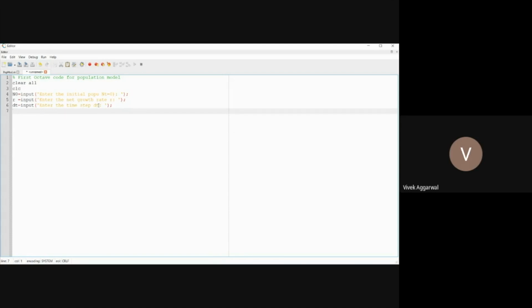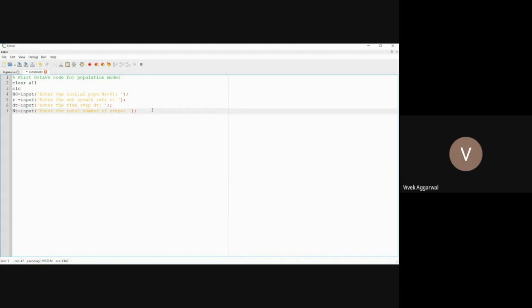So I want NT. So NT is: enter the total number of steps. So this also we will get from the user.